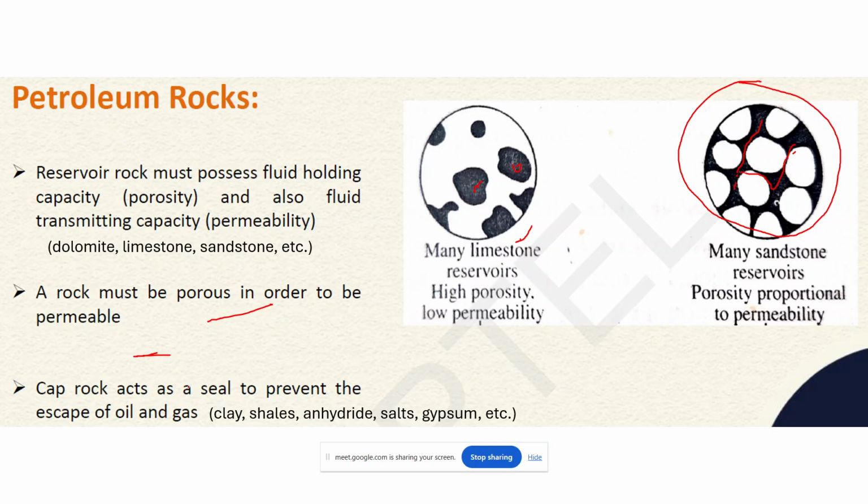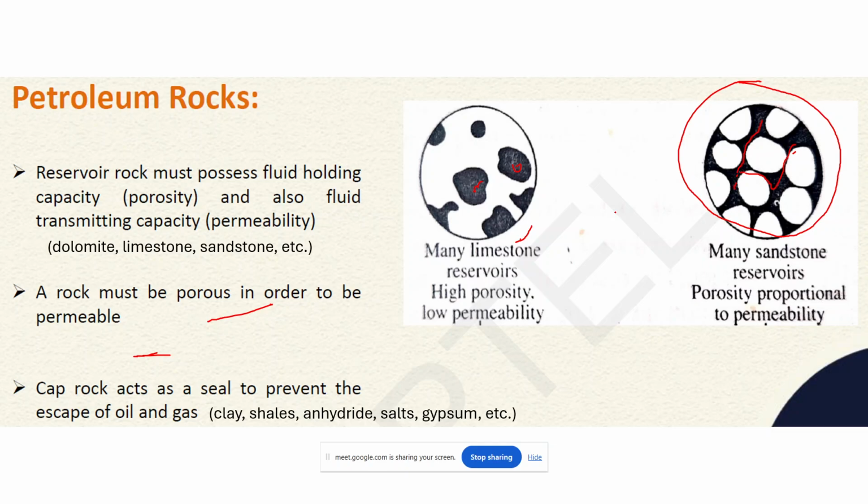There is another kind of rock which is required, that is a cap rock. So basically, when the crude oil is stored in this reservoir rock, cap rock is also required. Basically, it forms a kind of cap over this reservoir rock. For what reason is it required? For the reason that the stored crude oil does not pass on to the neighboring rocks. So basically, to store it in a definite place, into a definite rock, there should be a cap.